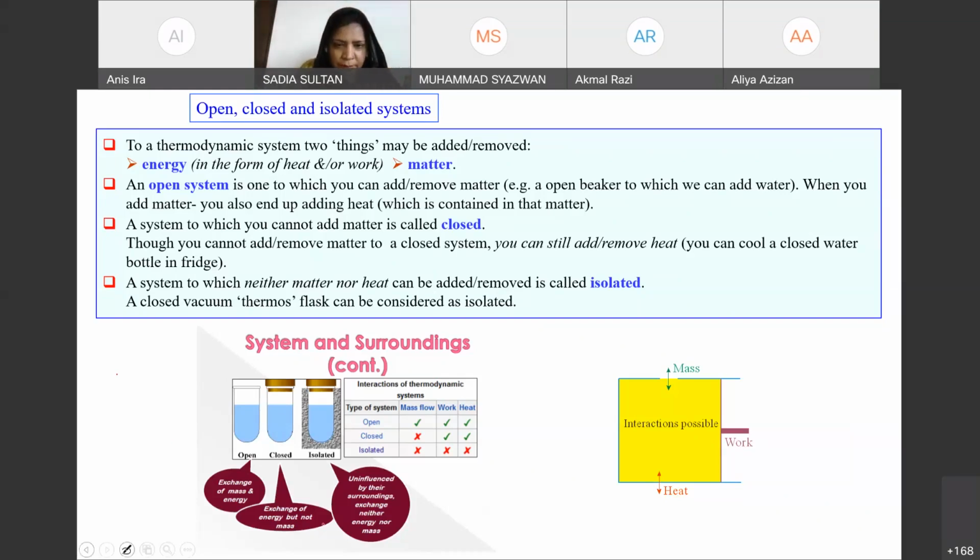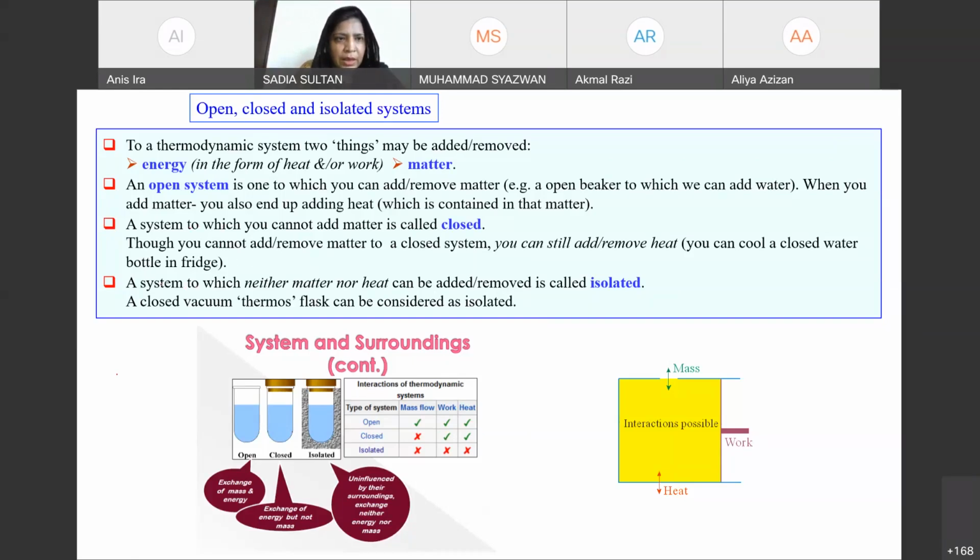So in the closed system, mass flow, no, because the cap is closed. Work is going on, yes, because if the heat is going out, the temperature is decreasing, it means work is done. Okay, so if the heat is decreasing or increasing, right? But here decreasing, right? Hot or cold, the work is done. The third system is